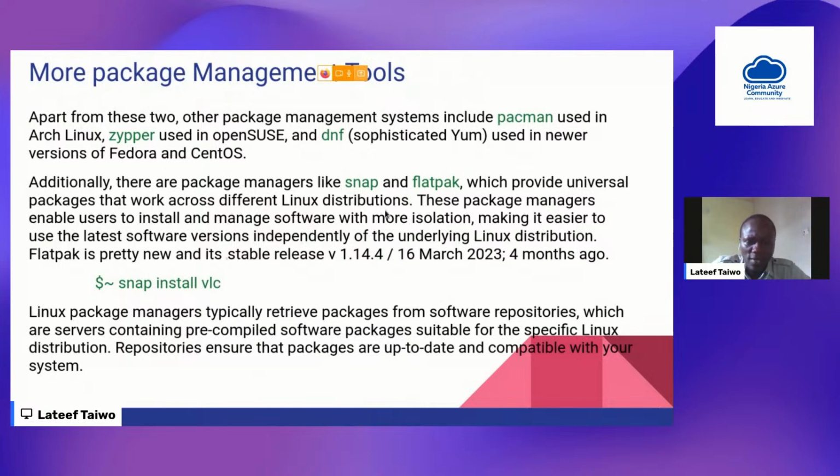We have other ones like Snap and Flatpak. Snap is very useful to install third-party software. You can use the command snap install vlc to install VLC on your Ubuntu